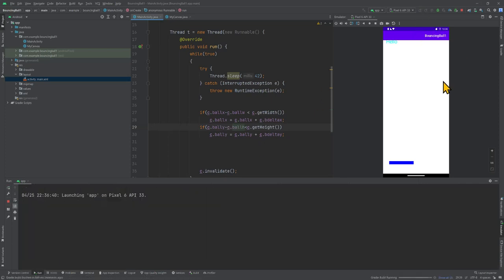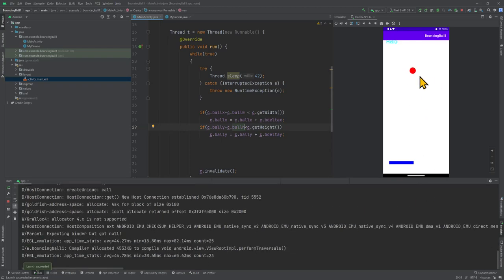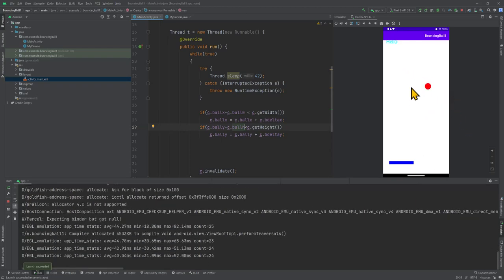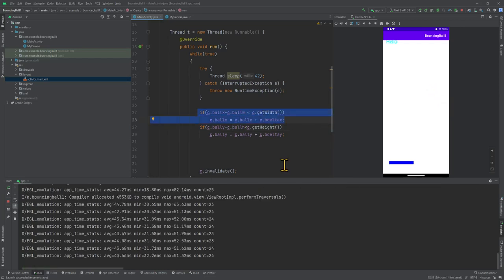Let's see if the ball stops here from moving away. So ball is moving right, and ball is moving down. It should stop going right when it is going beyond the width of the screen, and it goes out. Ouch. Okay, what's happening here is that we're getting a different width here. To get the correct width,